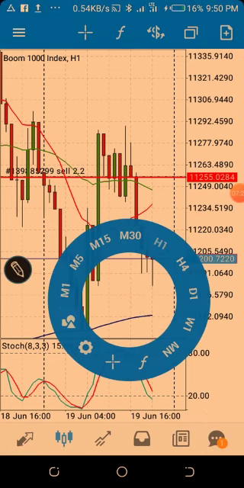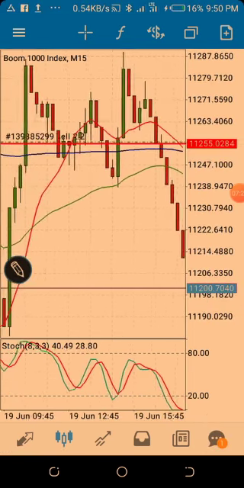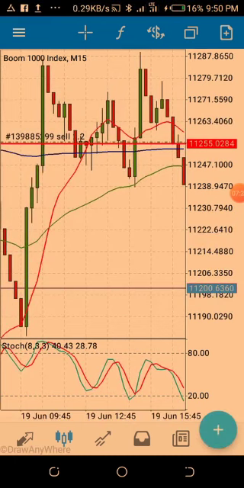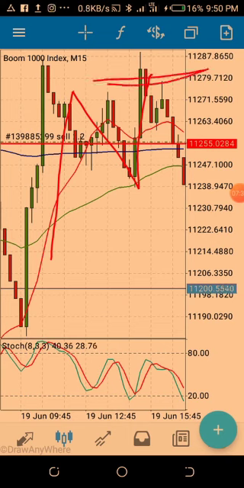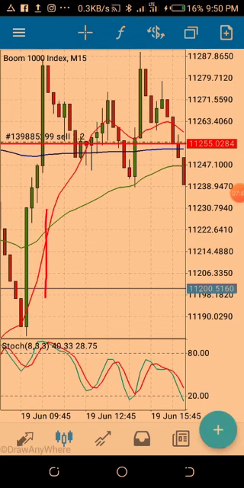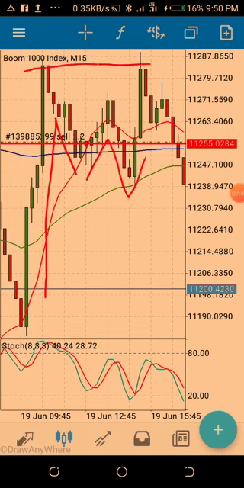Okay, let me show you on 15 minutes also. On 15 minutes, you just read. Remember I told you about the M and W pattern, that you should not joke with it. M pattern, you start selling. M pattern. And also you see that, okay, this is the push up, down. You can see it's still within this range,